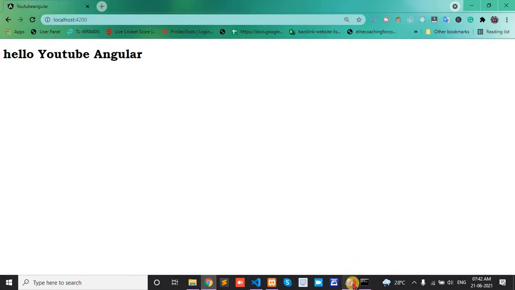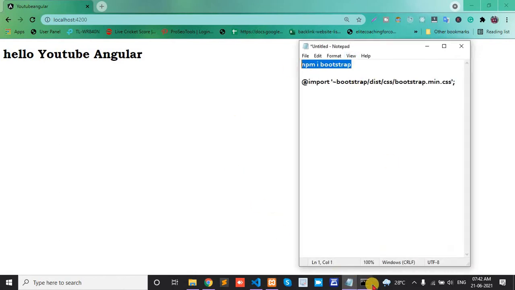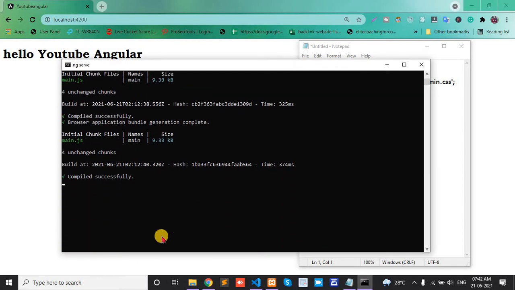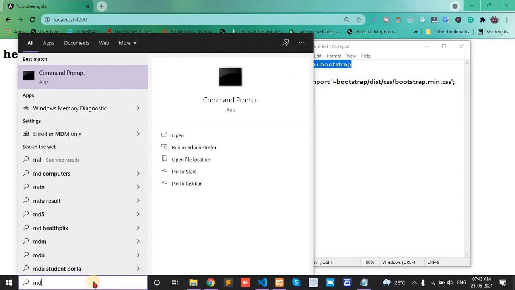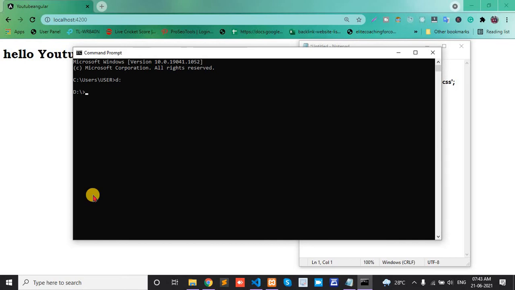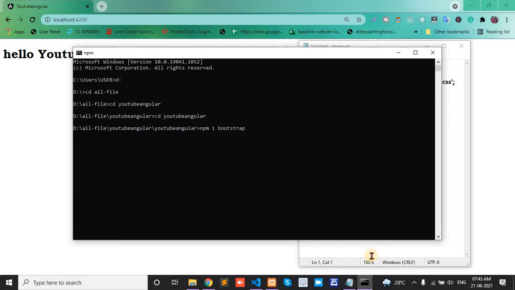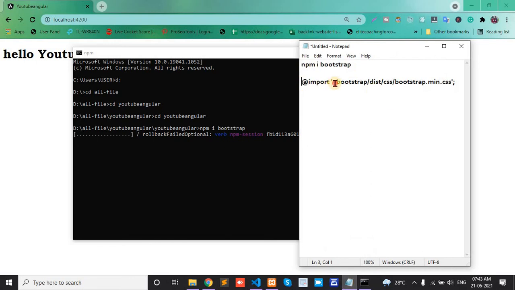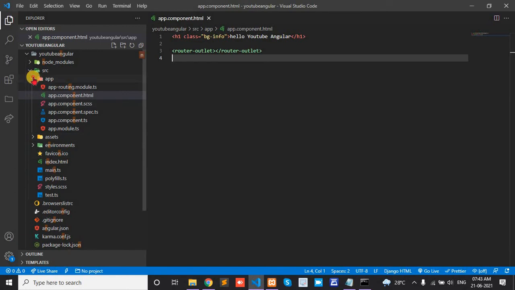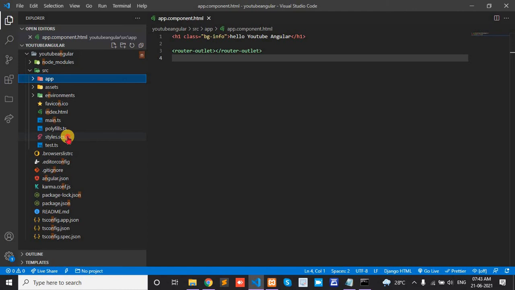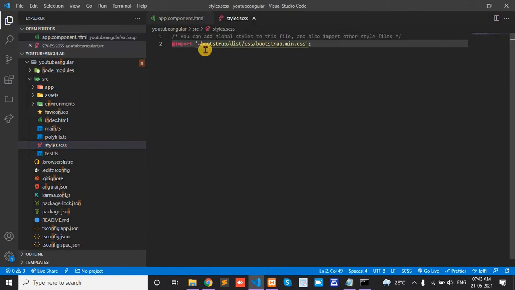Now, first install Bootstrap. Open the command line and import this line in styles.scss. Open styles.scss, click in it and import this line. Okay,